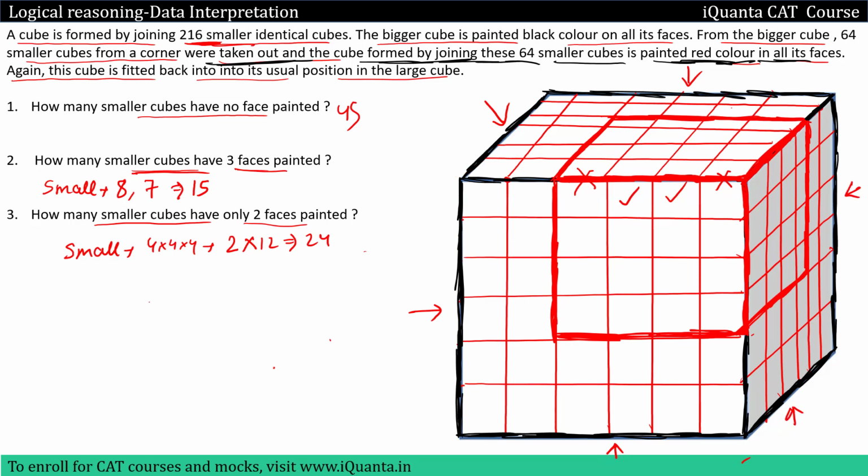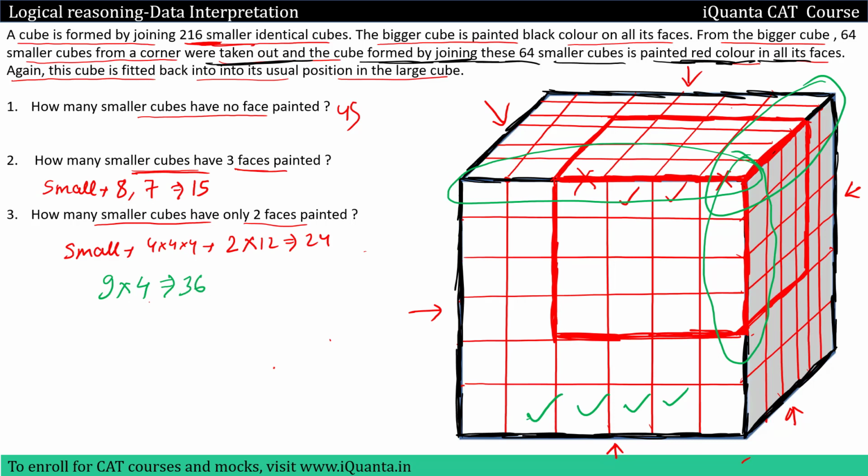In other words, I can simply count the edges that have been disturbed. I can see that this edge has been disturbed. There has been some cutting and coloring in this edge and this edge. These 3 edges have been disturbed. The rest, 9 edges, have not been disturbed. On every edge we'll have 1 2 3 4 cubes that will have exactly 2 faces colored. So 9 edges, every one will have 4 cubes having 2 faces colored. So 36 will come from the big cube, but now we also have to consider the edges that were disturbed.